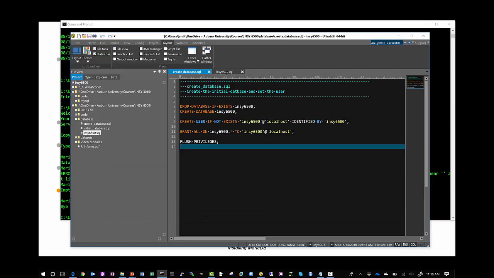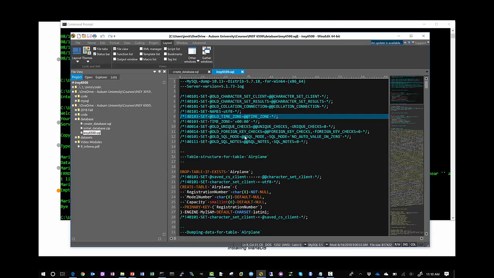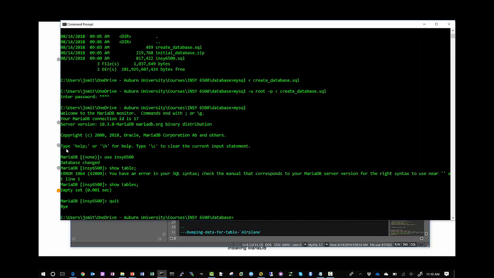The second and final part here is to put some initial data in. I've given you a file which is a database dump from a file that I use in our undergraduate class that just has a couple of tables and some relationships that we'll use through the semester. To import all of this data into the database we just created, we use the following syntax. mysql. This time I'm going to specify the database that I just created, INSY 6500, and then redirect the